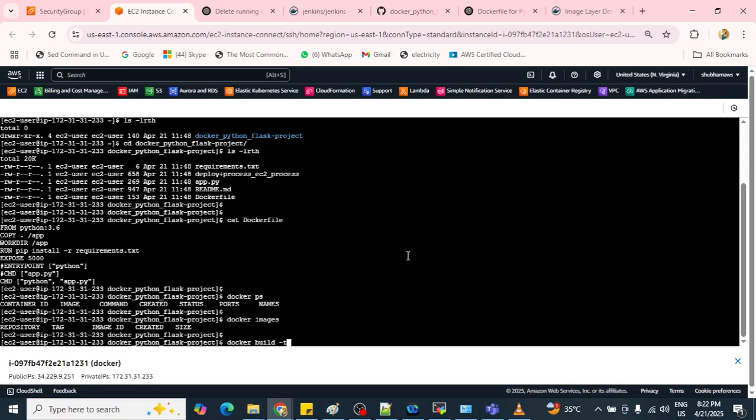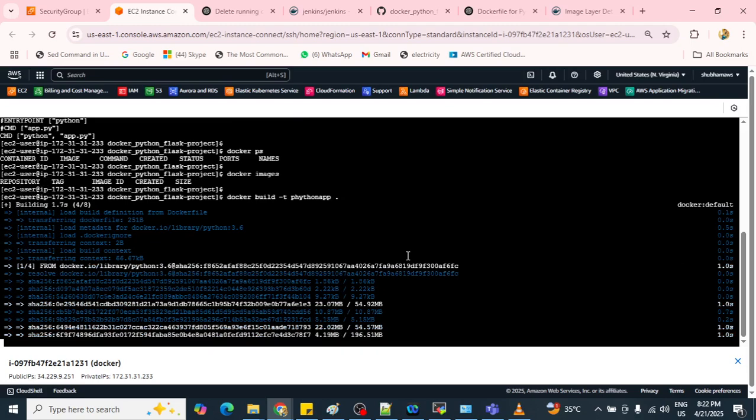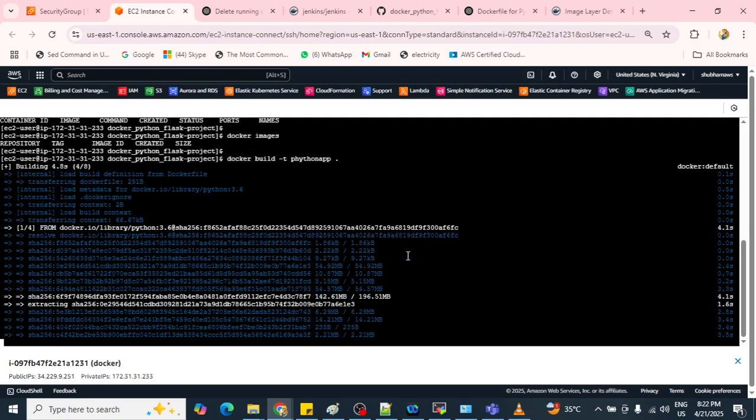What is hyphen t? Hyphen t is showing the tag. Let me write something here, python-app, and dot. So it is building, it is downloading that particular image.